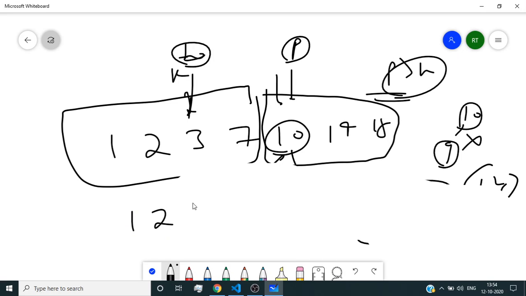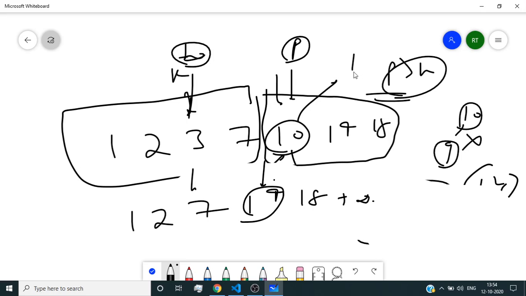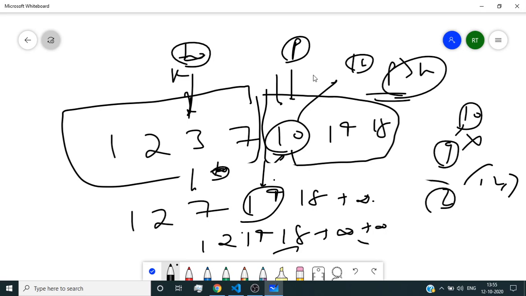So my array would look like something this: 14, 18, and a positive infinity. So at this place we will get 14, and again at this positive infinity. Let's say we had to get here 18. Okay, so again I have pushed positive infinity, and what would happen? 14, then 18, and then positive infinity, and we were able to get our desired result in 2 moves. So this is similar to what we had discussed earlier.